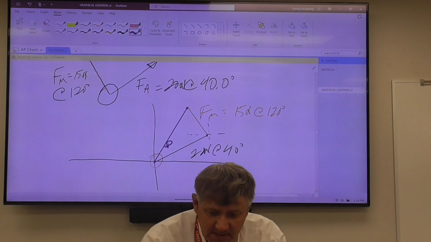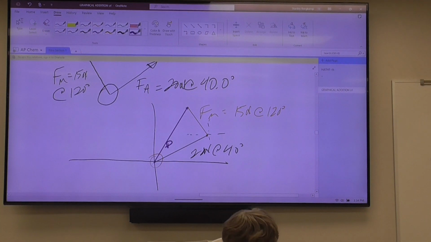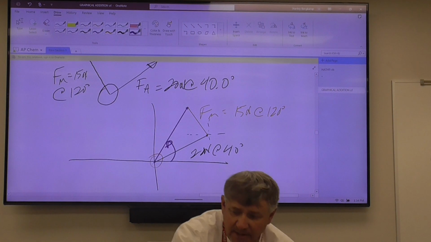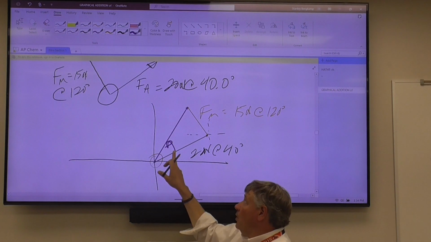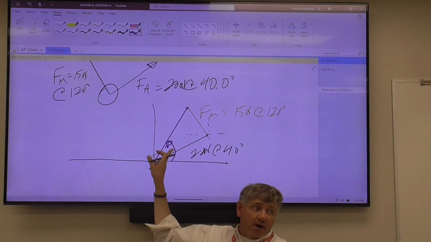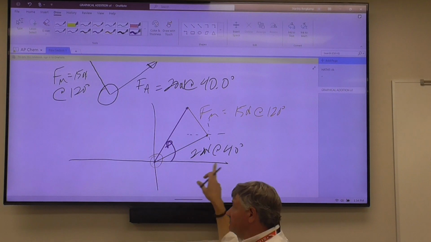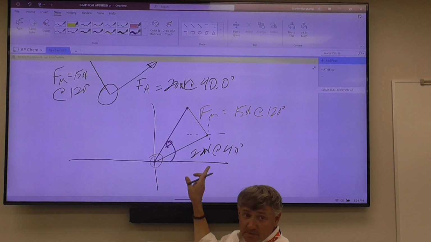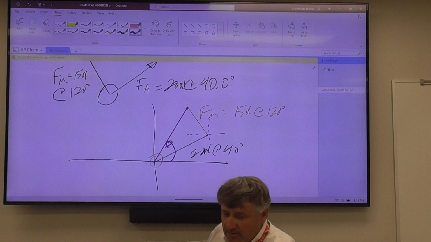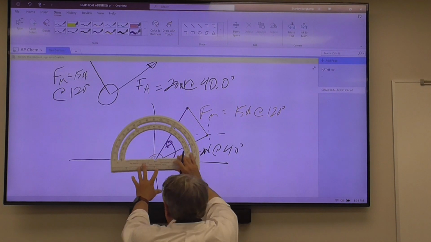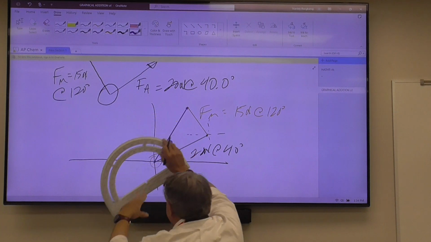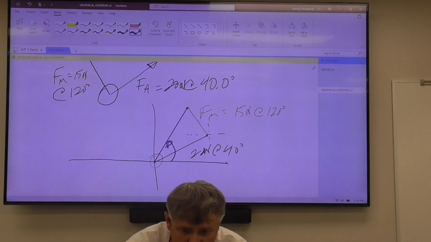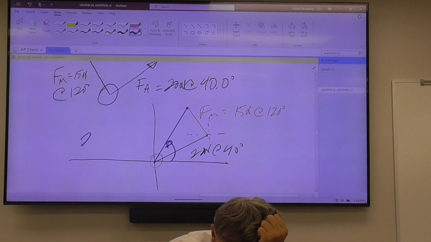Now, when you draw the angle that you have to give, it is from this initial positive x-axis. I don't want the angle in here. That's not what I want. The angle has to be back from this initial positive x-axis. So I'm going to come in here, put my protractor like this. That's going to be 54 degrees. So that might be 23.5 newtons at